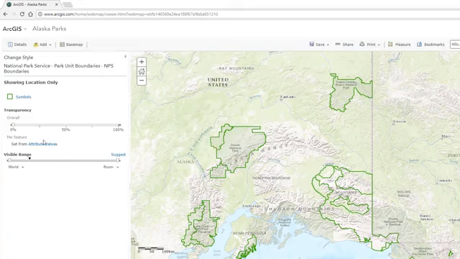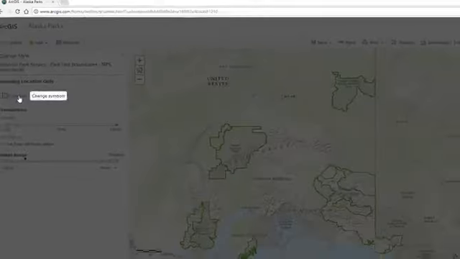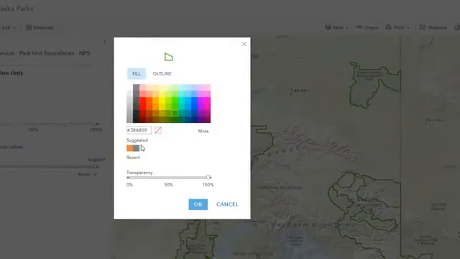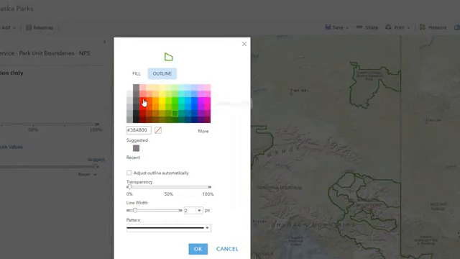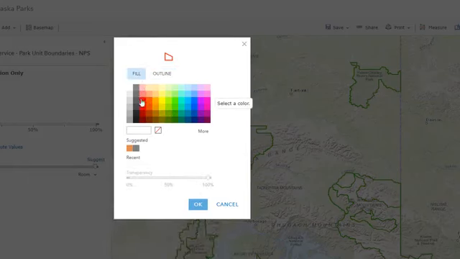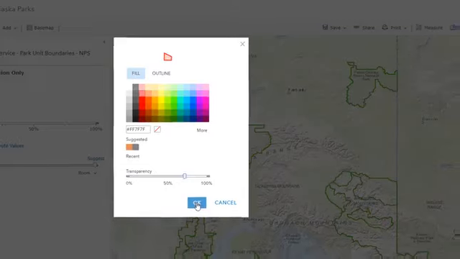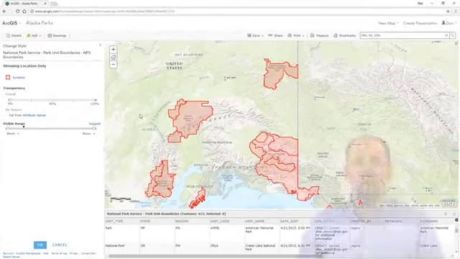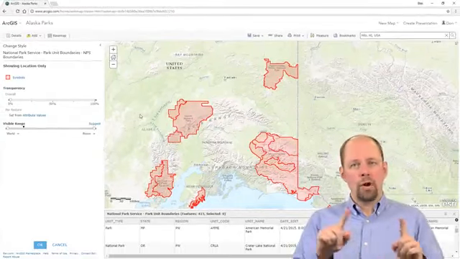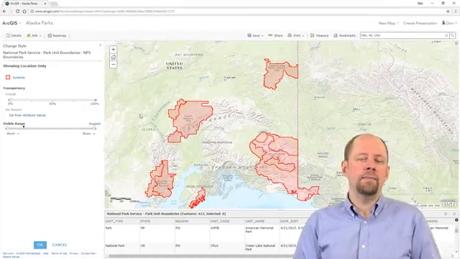I can set the transparency, the visibility range, or if I just click on symbols here, maybe I don't want it to be green, maybe I want it to be red. So I can change it to, oh, that's for the fill, I don't want to do that. Let's go to the outline. We'll change that to red. And actually, if I wanted, I could change the fill as well. Maybe I want that to be kind of a pink, but make it fairly transparent. Say OK. And so now I have park boundaries that have a bright red outline and then a semi-transparent kind